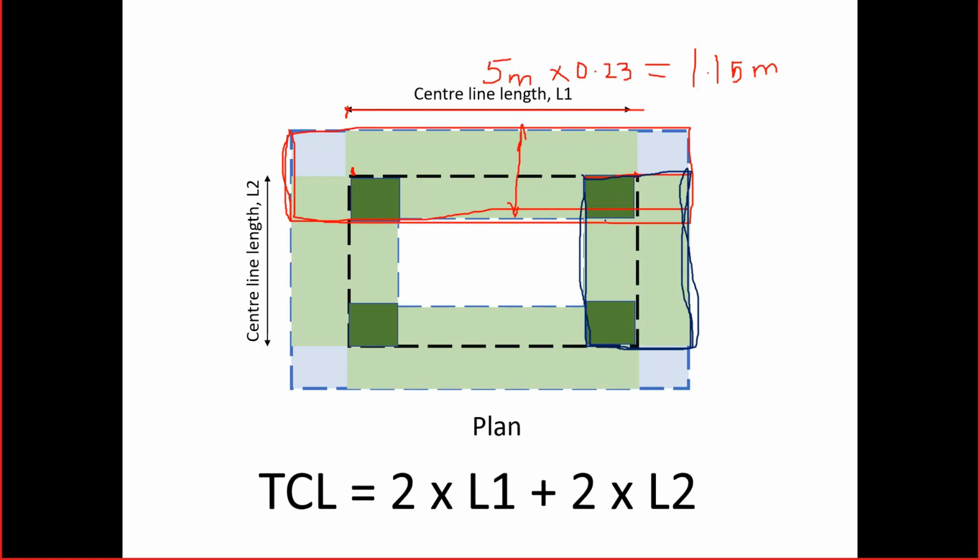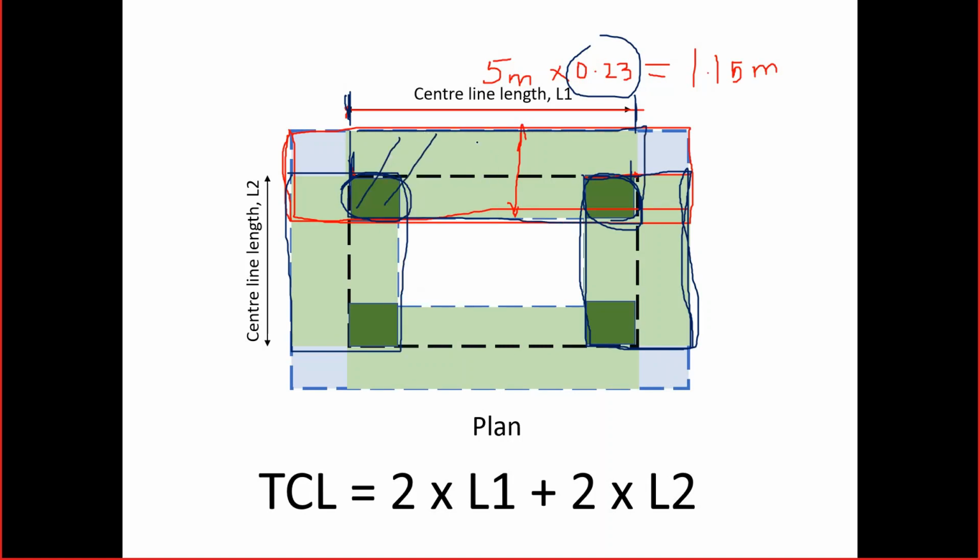Can you observe this? I'm overlapping this much area here. If I do the excavation for this part, I'm doing the overlap for this part. Of course, overlap is happening here also. But when I did the calculation, I did centerline length from here to here multiplied by width. So that means I considered this length multiplied by width, and this area I have already considered. I've already considered this portion, right?